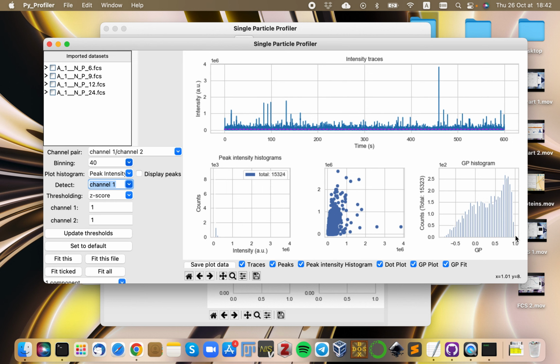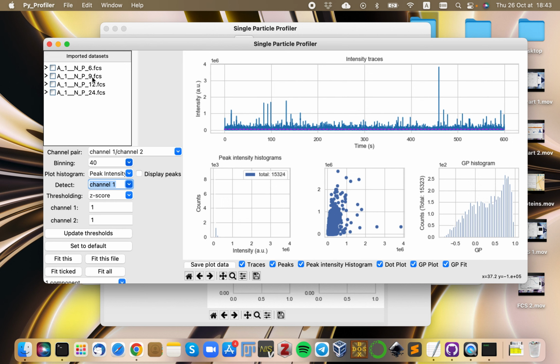A lot of signal from the green channel means lipid dye, and little signal from the red channel means no RNA in there. And the second population is over here, which means that it has both lipid and RNA. And then when you move, for example, from 6 to 24,